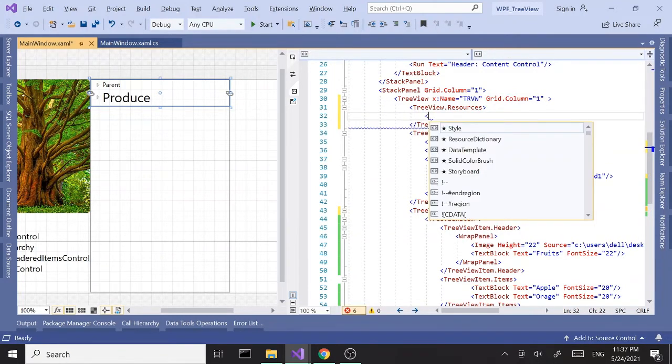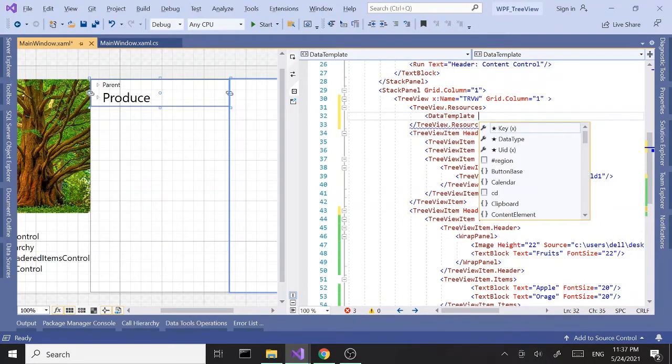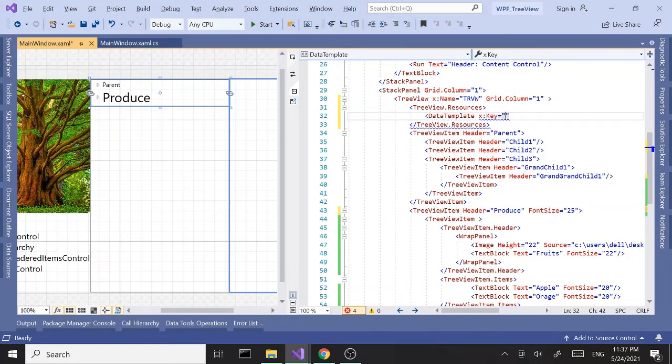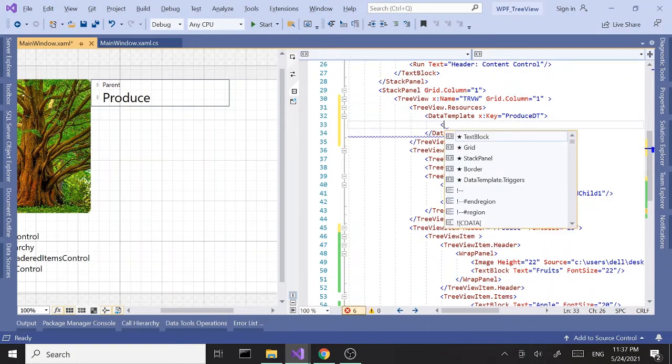And we're going to do that for the produce TreeView item. So I'm just going to say DataTemplate, give it a key, and let's say produceDT, and close this. So inside here I'm going to add another wrap panel,